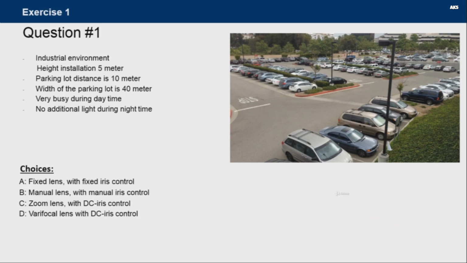So the correct answers are C and D, zoom lens with DC iris control and varifocal lens with DC iris control. Because for outdoor it is very important to control the iris continuously because of the variation of incoming light. So the DC iris control ensures that the iris is always opened as well as possible to ensure there is not too much light incoming to the sensor, but also during least light the iris is controlled to be more opened